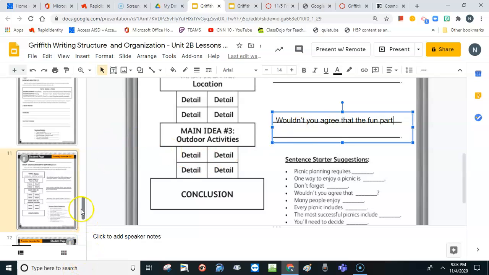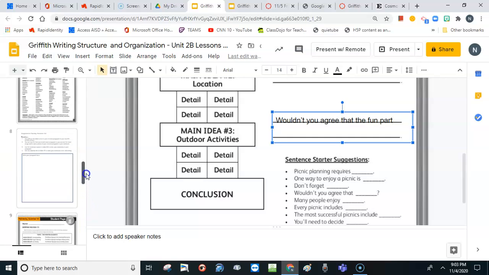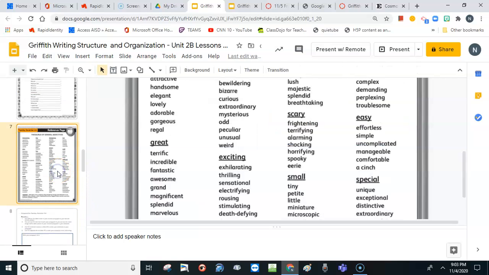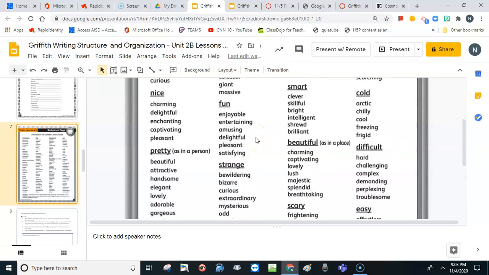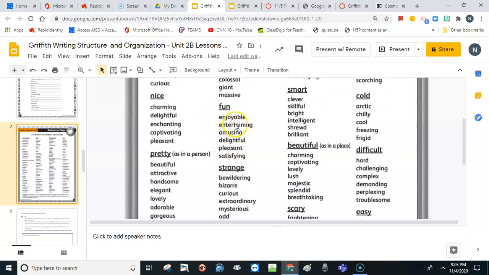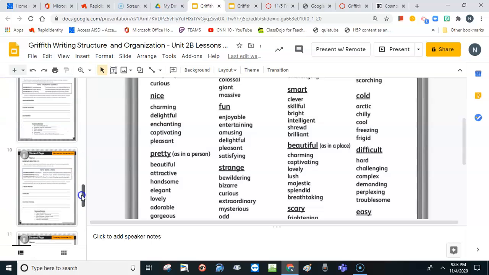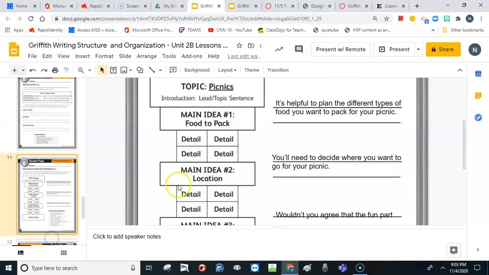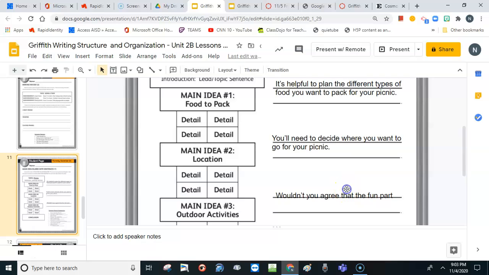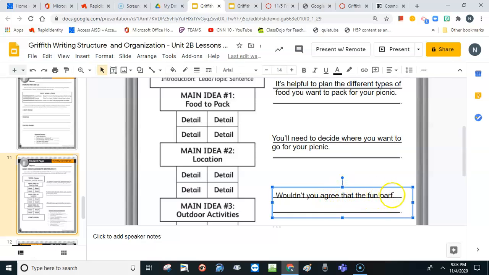I'm going to go back to page 7 and look for fun here. Which word should we use instead of fun? Enjoyable, entertaining, amusing, delightful, pleasant, satisfying. Entertaining or enjoyable. The most entertaining. I'm going to put entertaining. So I'm going back over here. Click again on here. Wouldn't you agree that the